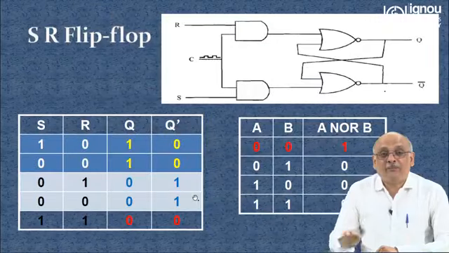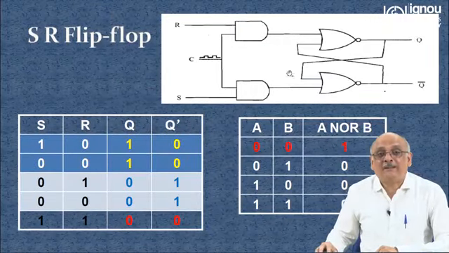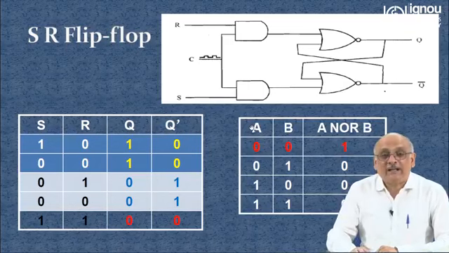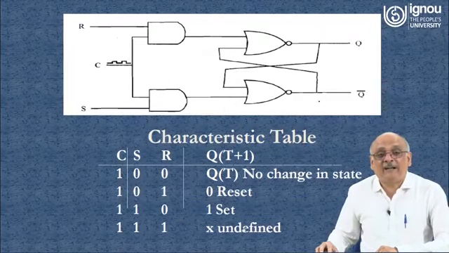Unfortunately, when both the inputs go to 1, there is a race condition, because this is going to try to make it 0 and then this will try to make it 0, and there is going to be a race condition. That is what is called the undefined state, 1 1, in this particular flip-flop. You can check it the way I explained the other states. This is exactly what is going to happen.